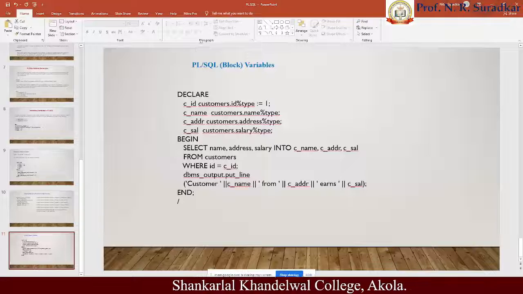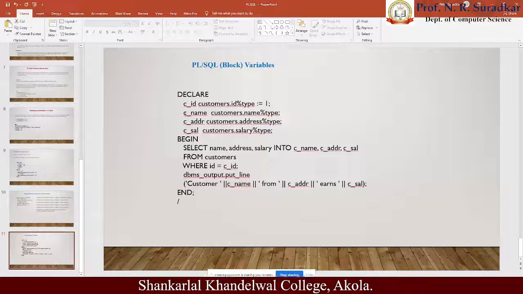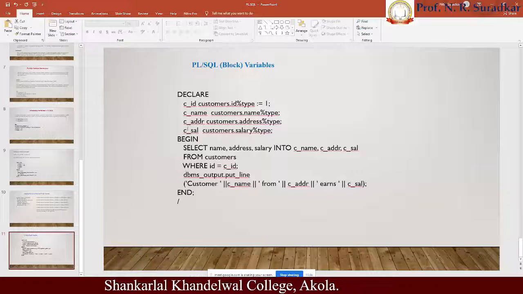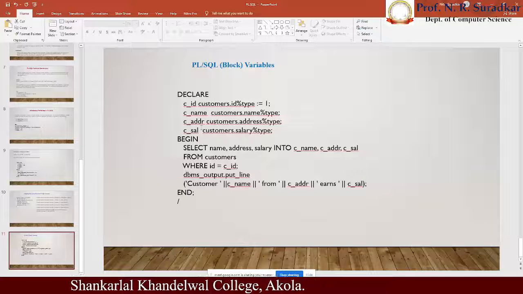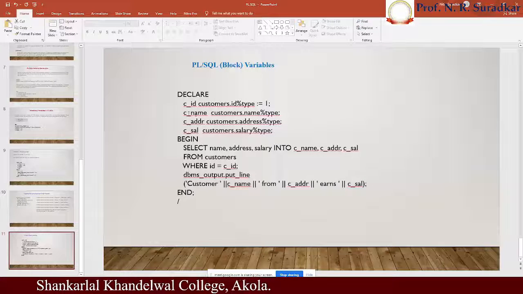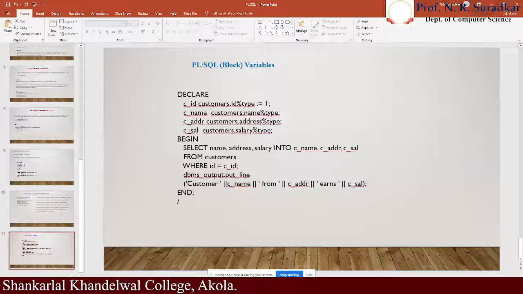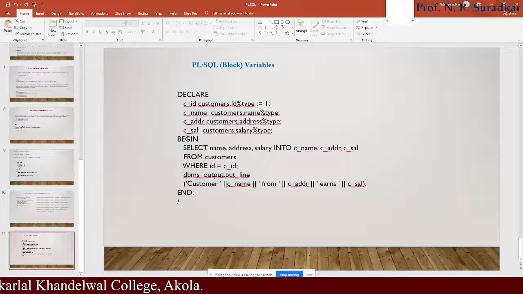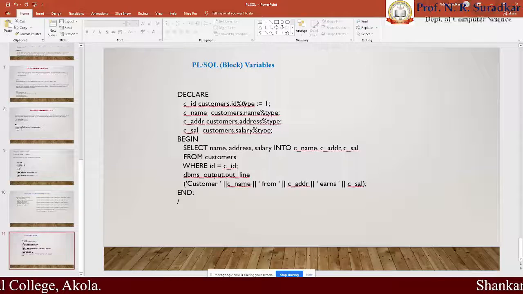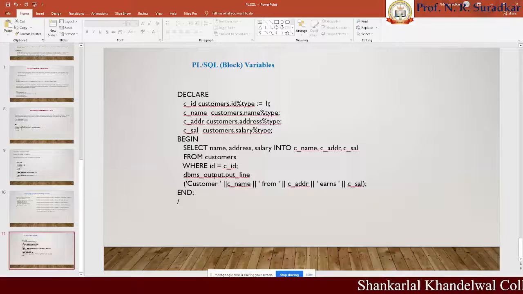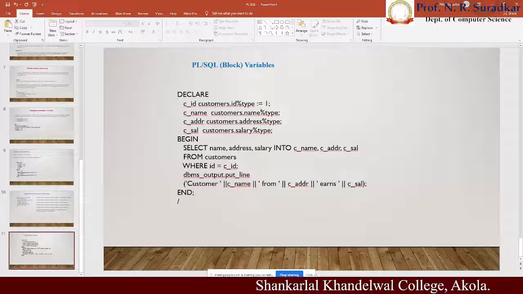Okay, let's see. C_ID, C_name, C_address, C_salary. These are the variables declared as customer.id%TYPE, using the percent symbol, and it is equal to 1. Means C_ID type is 1.